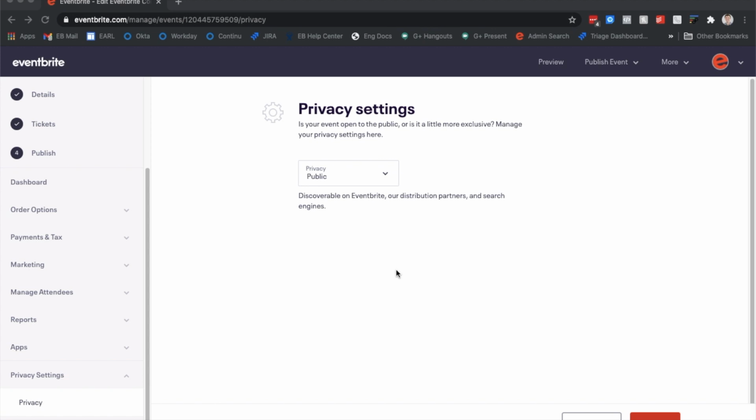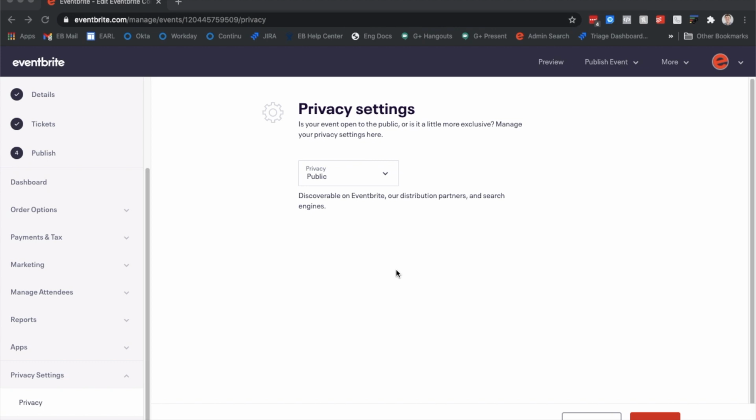The different event privacy settings available in Eventbrite help you control who has access to view and register for your event page. Setting your event to public means that your event can be found by anyone. Your event will populate across the major search engines, on Eventbrite search, and will be recommended to different visitors on eventbrite.com. A public setting will also send a notification to anyone who follows your organizer profile once you publish the event. This setting should be used when you want to cast the widest net possible and attract the most visitors